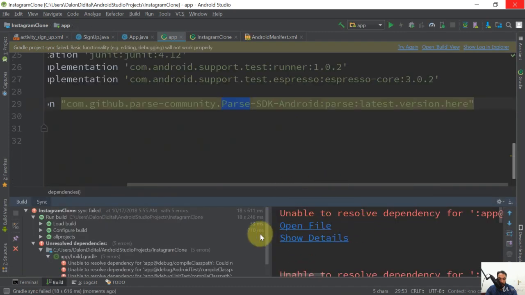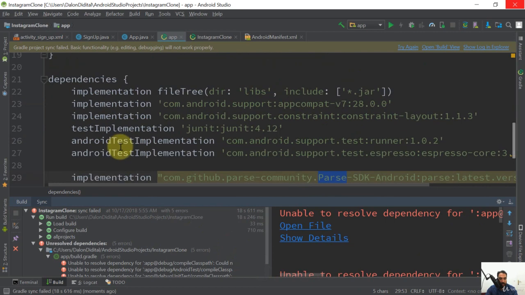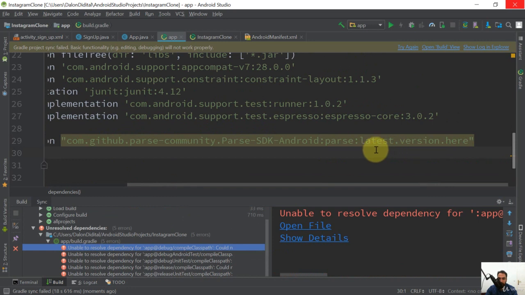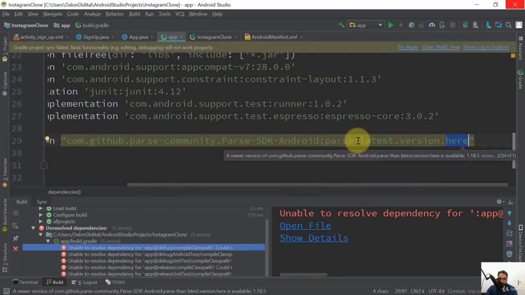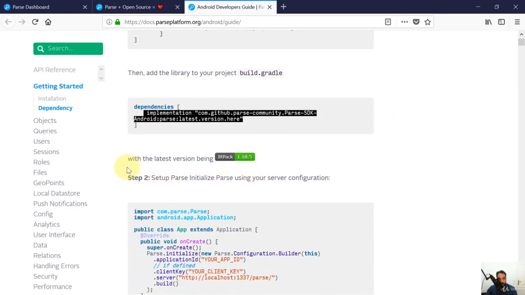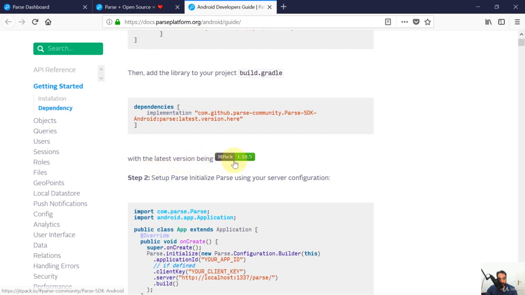So here you can see that we have a problem with this dependency. It says unable to resolve dependency. So you can see that there is a problem with our dependency here. Let's see what is going on. Here you can see that it says Parse latest version dot here. So instead of latest version here, we need to put the latest version of Parse, not this code. That's why it's very important that you read the documentation. It says with the latest version being